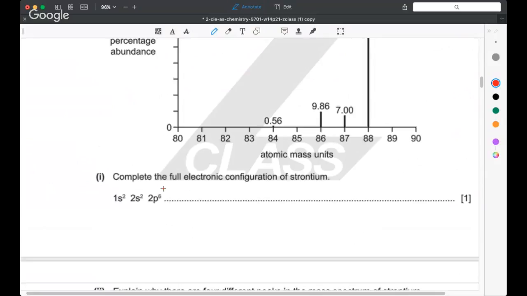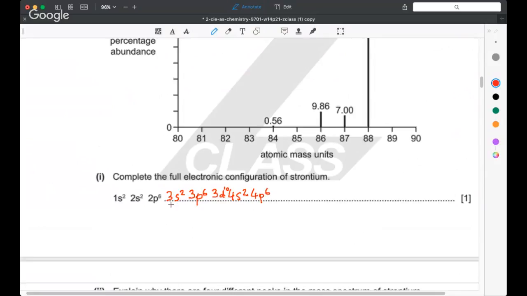So we need to keep writing now. So we've got 1s2, 2s2, 2p6. After that, you're going to have the 3s, and that's filled, 3s2. Then you've got 3p, and then that's filled. I'm going to put the 3d in there, but you need to know that the 4s is filled first before 3d. Okay, so you've got 4s2,